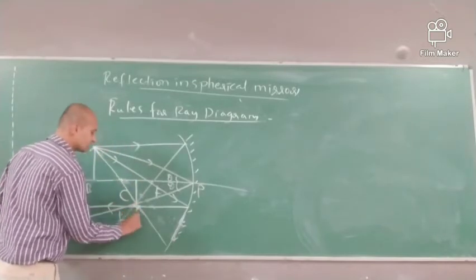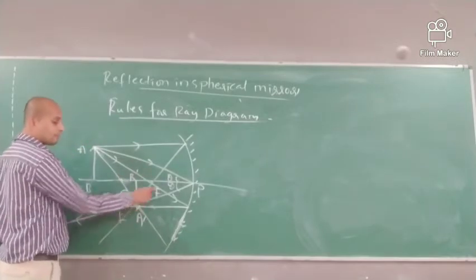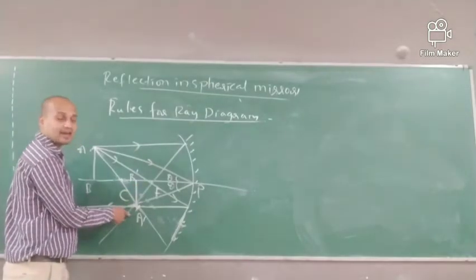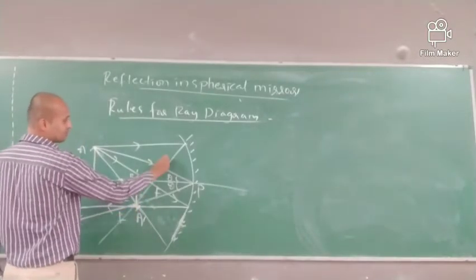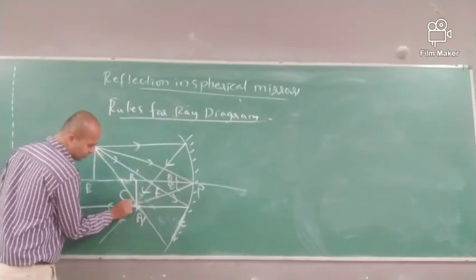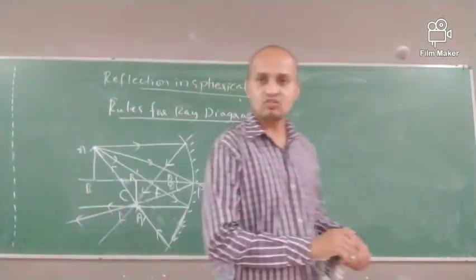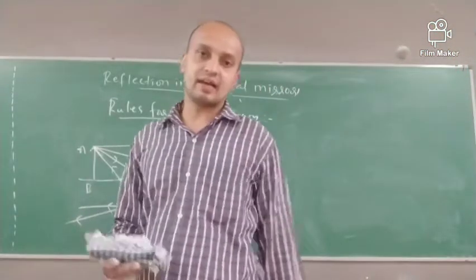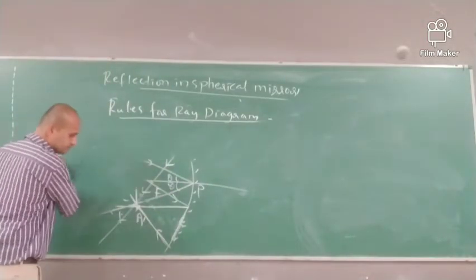Because the image formation is happening here, of point A as A dash, and this will be B dash, all the reflected rays have to coincide here. What type of image is it? It is a real image, because actual reflected rays are coinciding there. Got it now? So let us take one ray passing through the center of curvature and through this focus point, and it is going to reflect. These are the 4 rules in the ray diagrams which I am going to follow. Then another thing you must know.